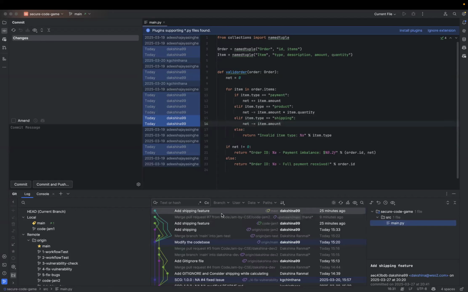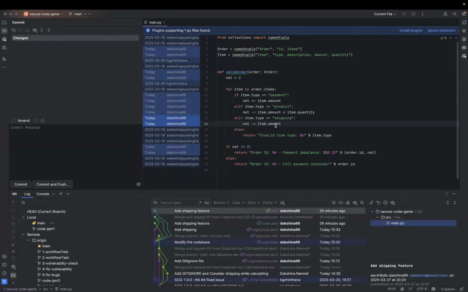So now I found the adding shipping feature commit. This is a commit, not a pull request. I can go to this particular commit and track all the things related to the shipping feature. Let's click on this and see.